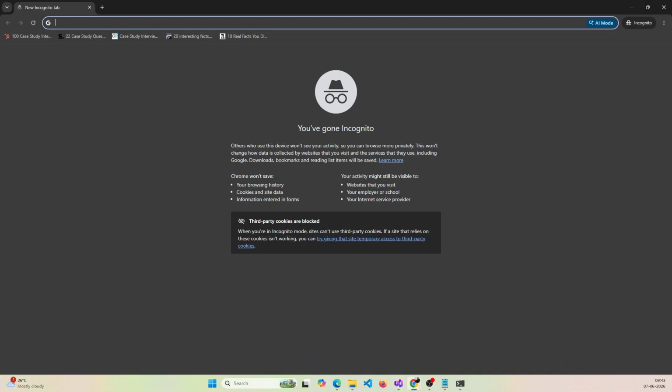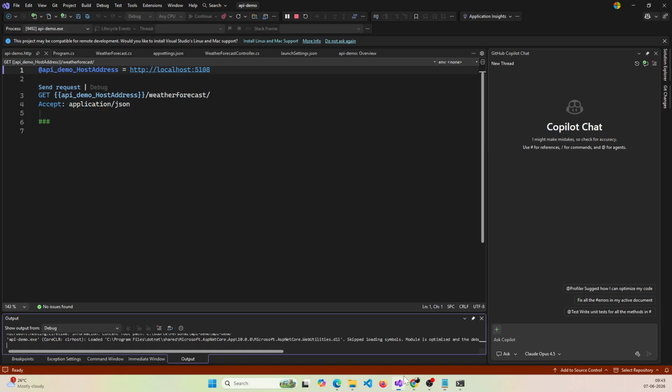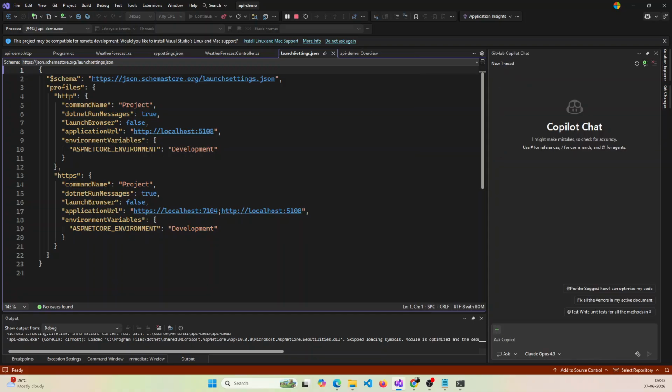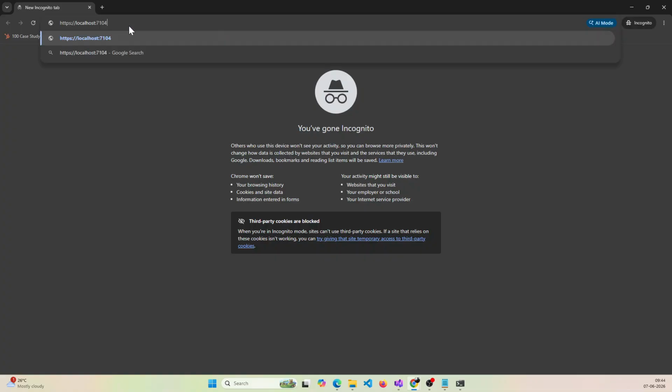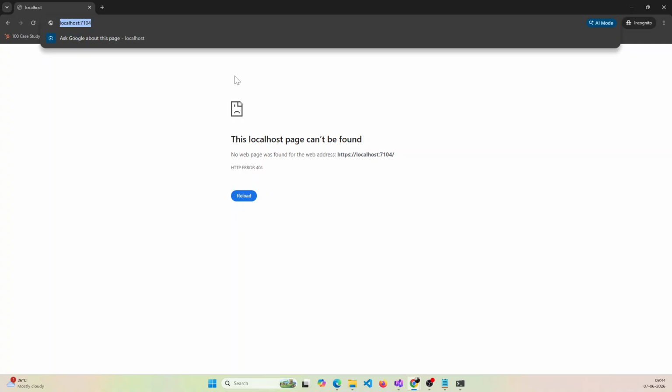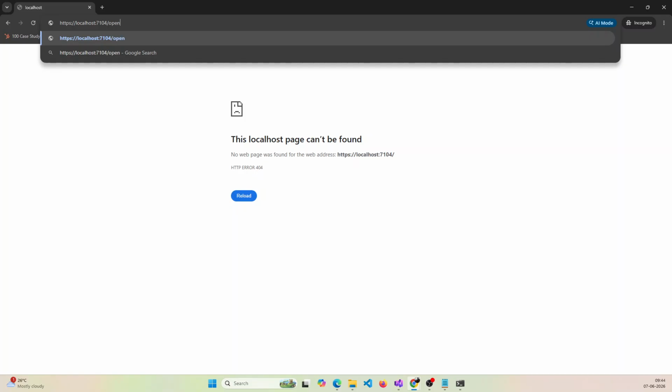Here you can check the endpoint here, which is 7104. Click enter. You won't see anything. After this, type openapi